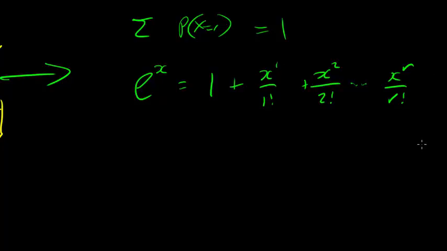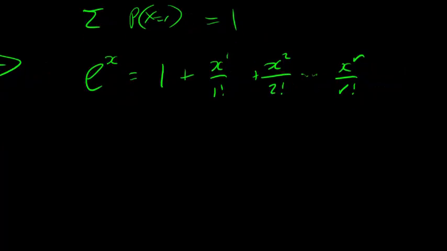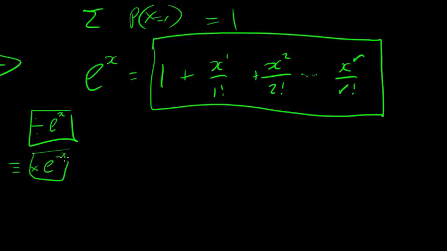Now, what I'm going to do is try and fudge this so that all these numbers on this side add to 1. Now, they don't add to 1. So to do that, what I need to do is divide by e to the x for everything. Now remember, dividing by e to the x is exactly the same as timesing by e to the minus x. So that will give me e to the x over e to the x. I'll divide it on this side to make it easier to see.